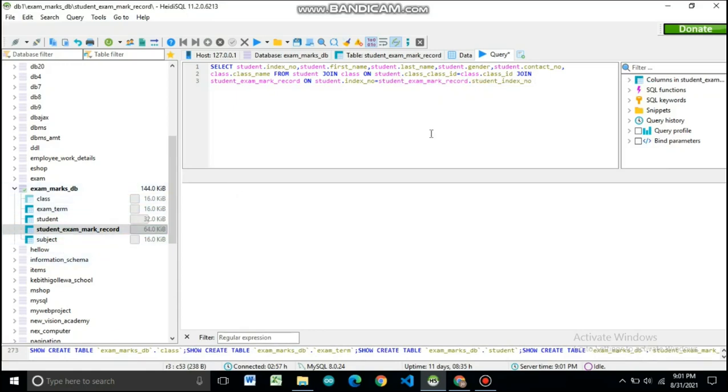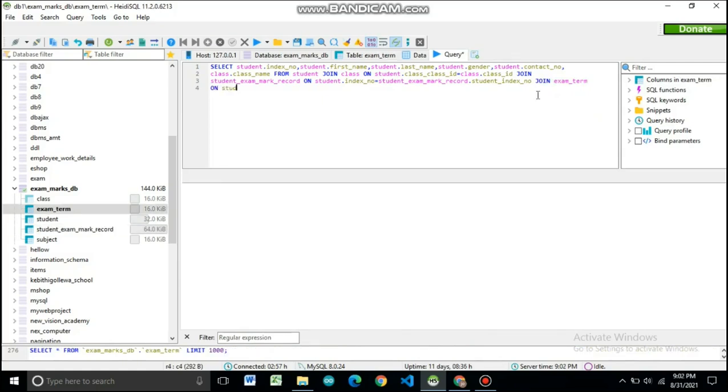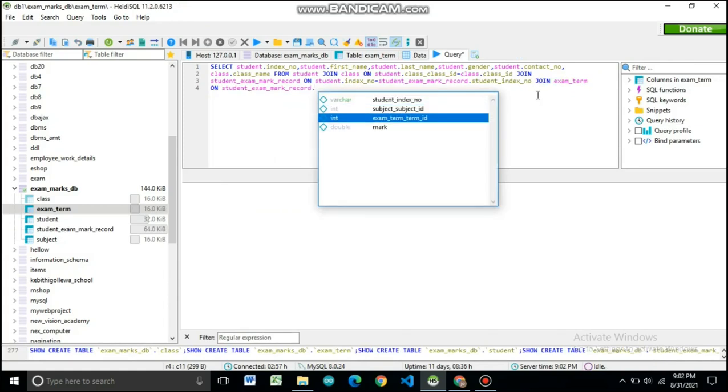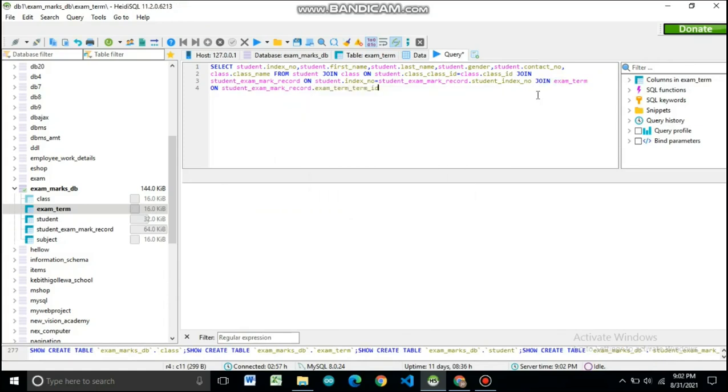and after that I'll be joining the student exam mark record table with the exam term table. So join exam term on student exam mark record.term ID equals to exam term.term ID, and again I'll be joining